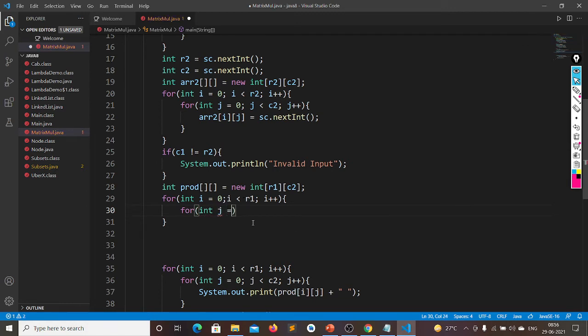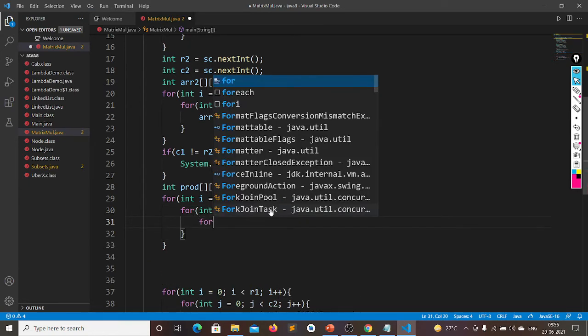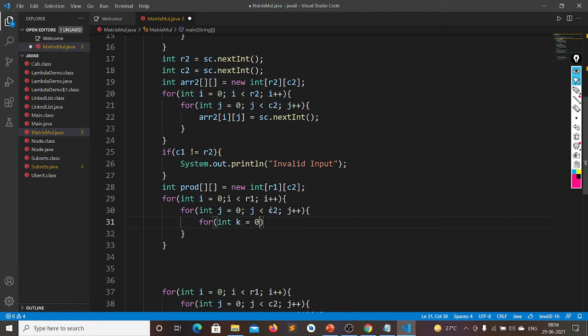Okay, so j is equal to 0 and j less than, what are my columns here? C2, so j less than C2 and j plus plus. Now what I'm doing is int k is equal to 0 and k less than, there should be something, let's keep it aside.